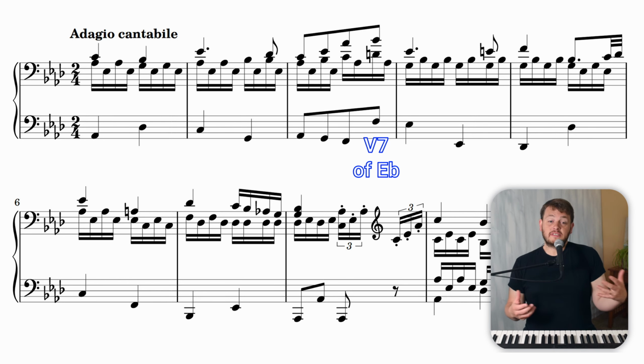So in a composition, what a composer can do, instead of going directly to the 5 chord, instead of going directly to an E flat chord, they can throw in the 5 of the 5 chord first. Just like the 5 chord E flat wants to go to A flat, the 5 of the 5, which is B flat 7, wants to go to E flat. So